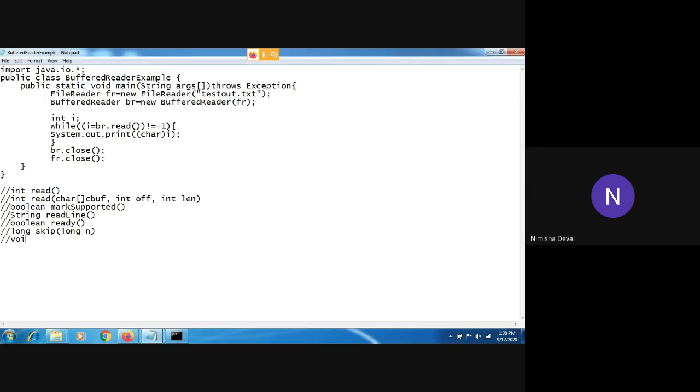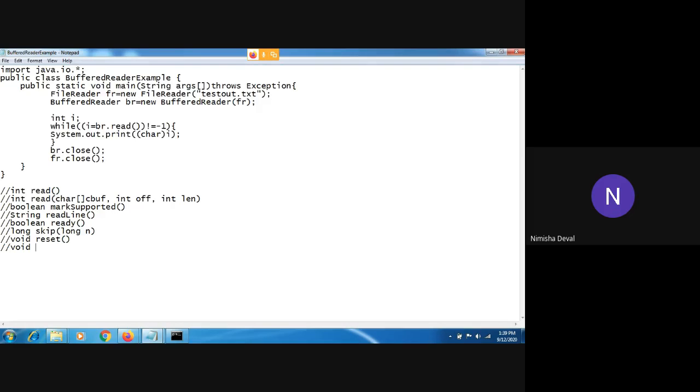Then the reset method is there for resetting the stream to the position where the mark method was last called. Another method is close.